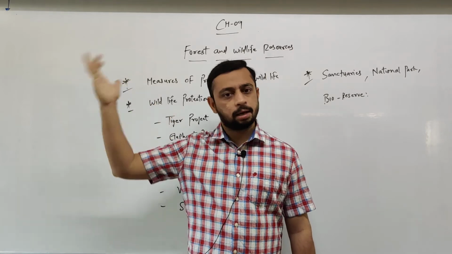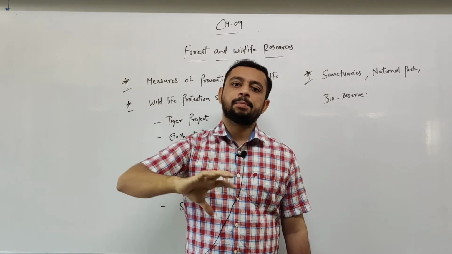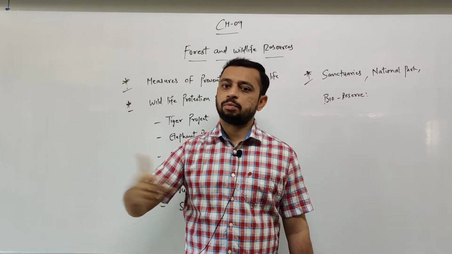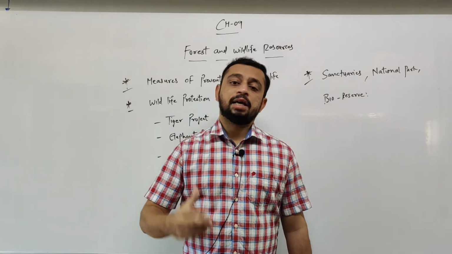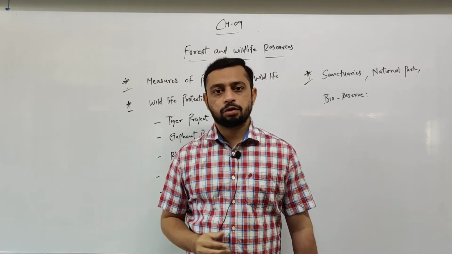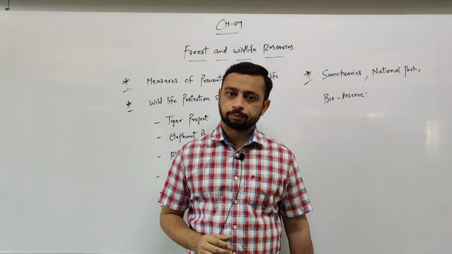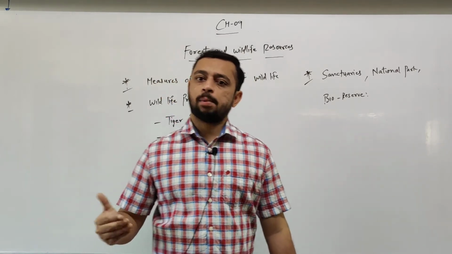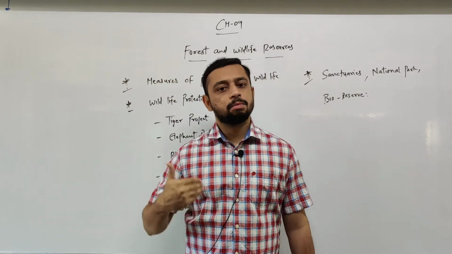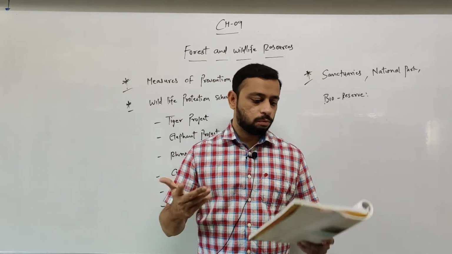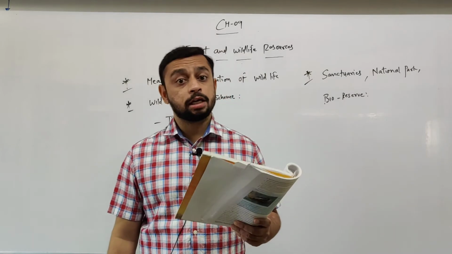અલગ-અલગ region માં અલગ-અલગ tigers હોય, right? એટલે એ પ્રમાણે એમનું અલગ-અલગ weight હોય. આપણે કેમ humans નું અલગ-અલગ weight હોય છે as per the physical structure, right? એવી રીતે tiger નું પણ lion અને leopard નું અલગ-અલગ physical structure પ્રમાણે એમનું weight હોય, right? So the most heavy weight in the big cat family is the tiger. Then it comes the lion, and then it comes the leopard, right? Moving ahead. Next, things to know.